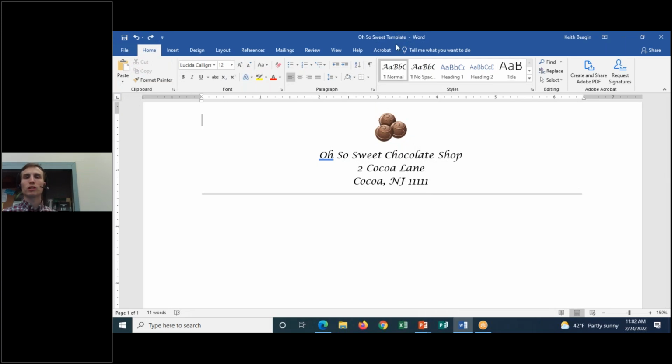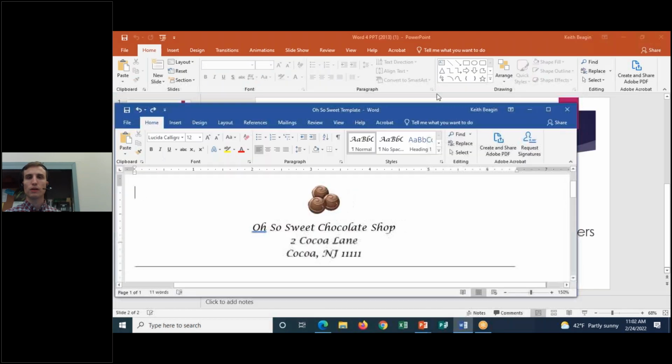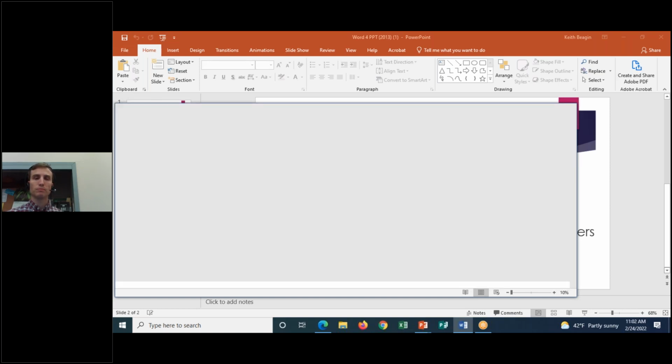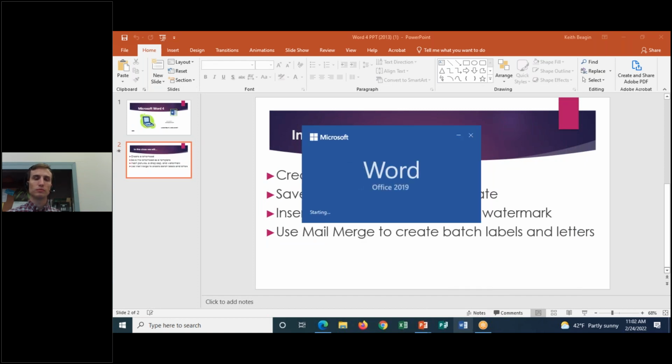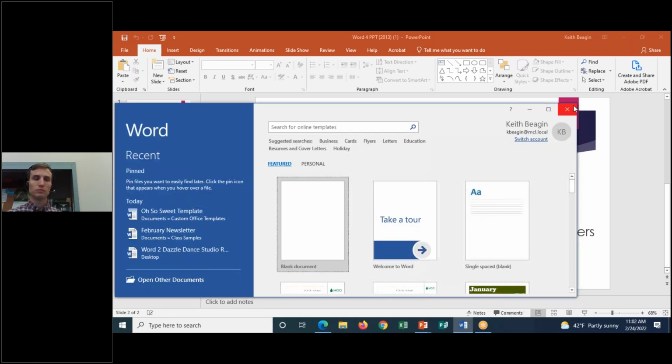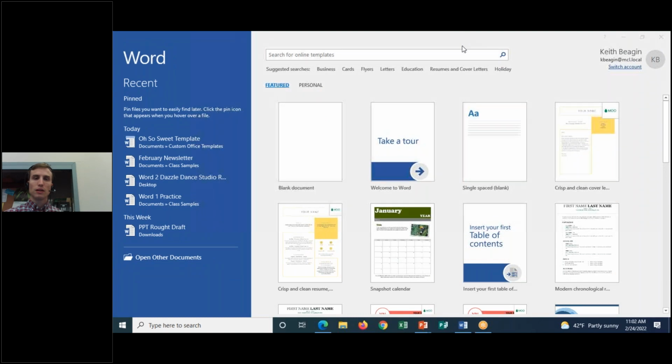Now I'm going to close this file here. I'm going to close the template. In fact, you might want to do the same, so you're not altering the template anymore. So you can close it. I'm going to now reopen Word. And this time, if I go to the template gallery, there's a new